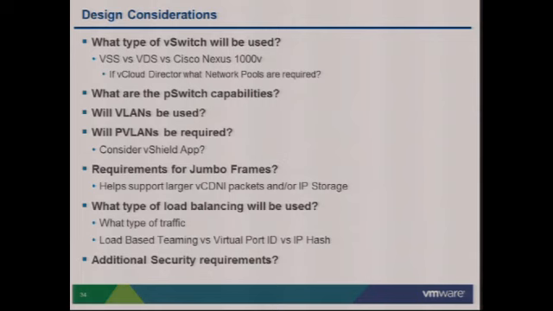Now, there are obviously other choices such as Nexus. Out of curiosity, again, how many people are running Nexus in their environment? Okay, quite a few. Also, other requirements can be the use of VLANs. How many people here are running private VLANs? Quite a few. Okay, so that's one of the things that automatically forces you to use the distributed virtual switch or a Nexus over a standard switch. But of those people that use private VLANs today, how many considered the use of vShield App?